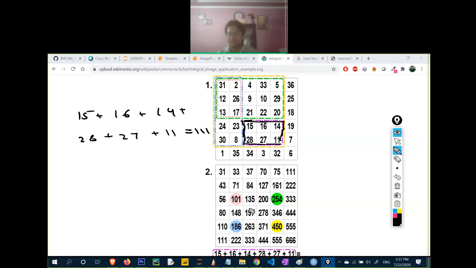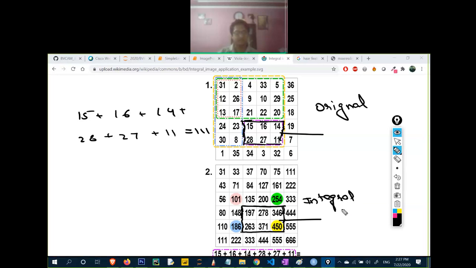Similarly, draw the box here, in the integral image. This box and this box are the same. The only difference is that this is the original image and this is the integral image. Now, what is the algorithm?